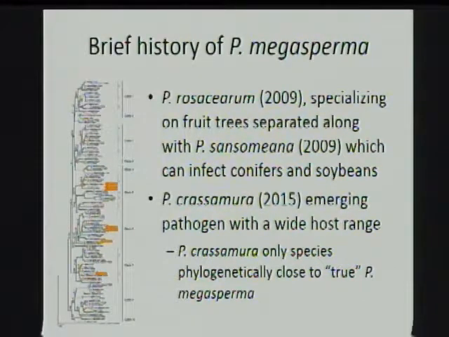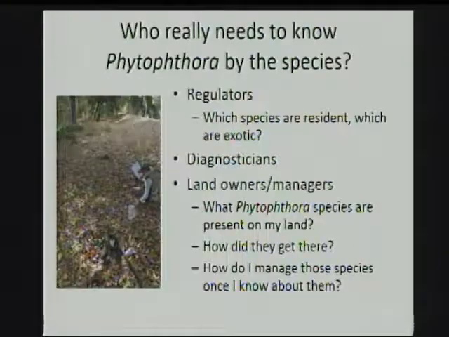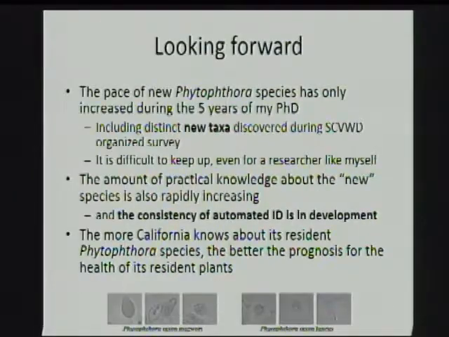Phytophthora megasperma is still a complex, so it still exists, and we have found a member of that species also in this survey. It still probably will. I'd say there's probably at least 5 species that will emerge from it before we're finished with it. With that note, I want to skip through just talking about the future. Hopefully this is not a doom and gloom talk.